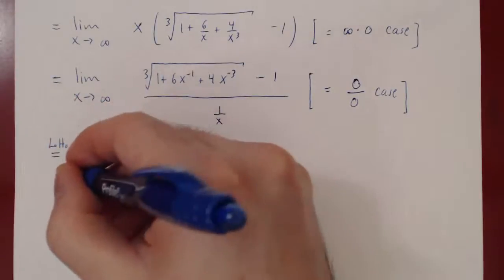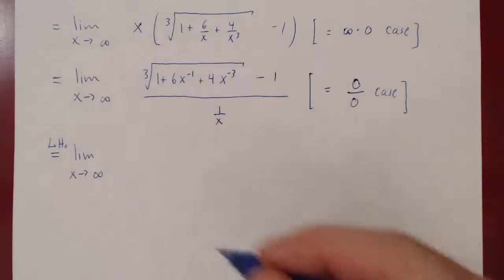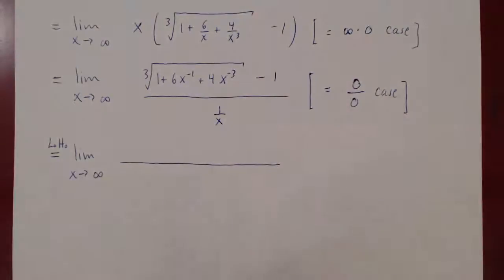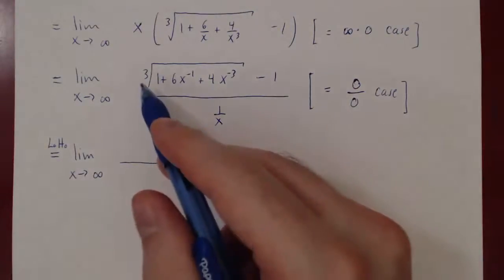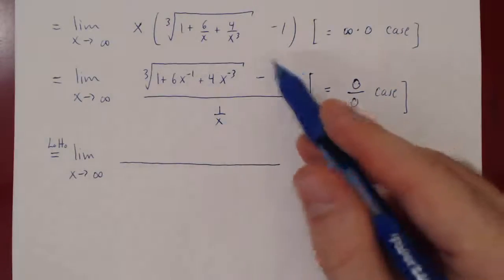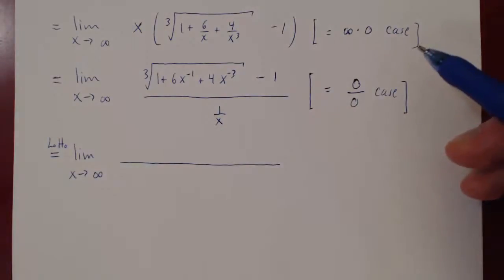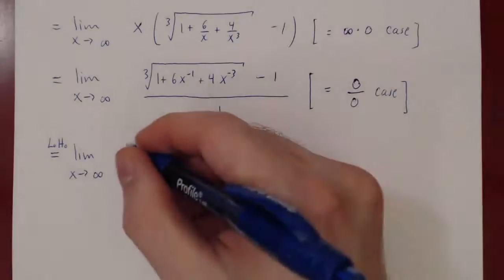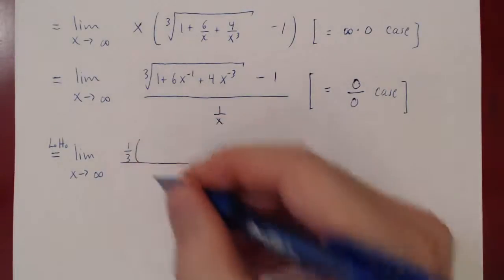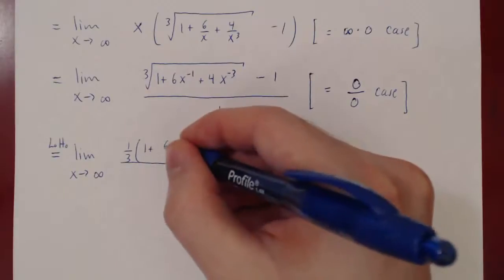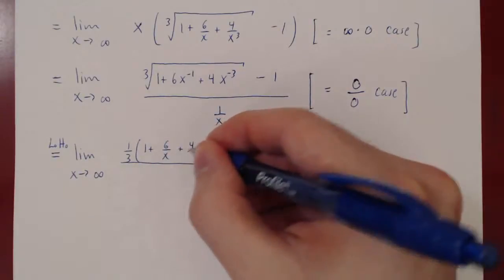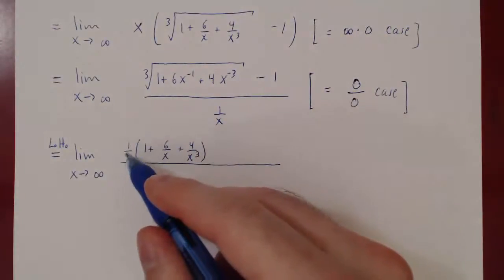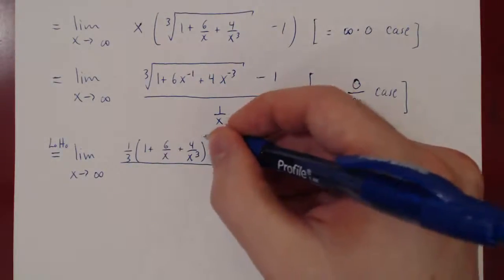So we apply L'Hopital's rule. The limit stays x approaching positive infinity. Let's differentiate. We have here the cube root of this function. The derivative of negative 1 is 0, so that's not a problem. The cube root is a power of 1/3, so we use the power rule, 1/3. 1 plus, and I'll write this as 6 over x plus 4 over x cubed. This will make the limit more obvious. Bring the 1/3 down. 1/3 minus 1, negative 2/3,